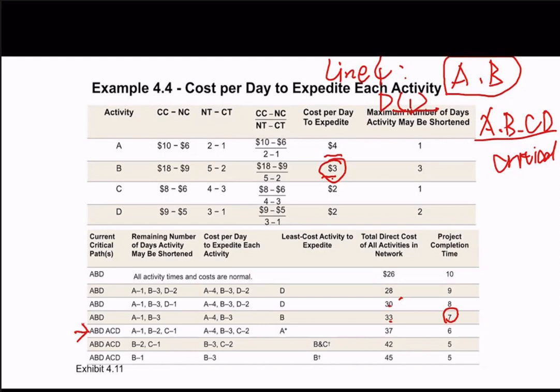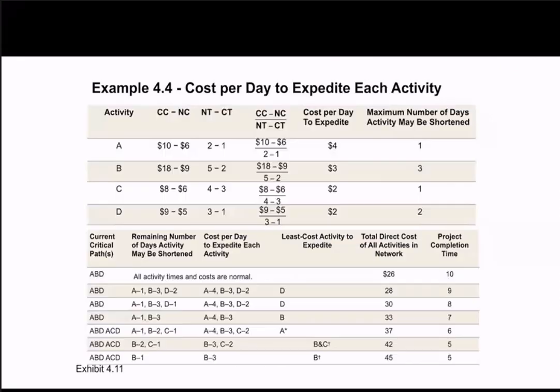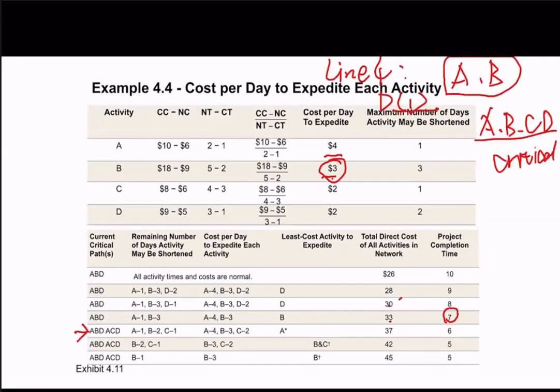So this is what I have mentioned. Because B and C are parallel here, if both of them are on the critical path, if you only reduce one of them, it makes no change. So if you want to reduce B, at the same time you need to reduce C. So we consider what is the least cost